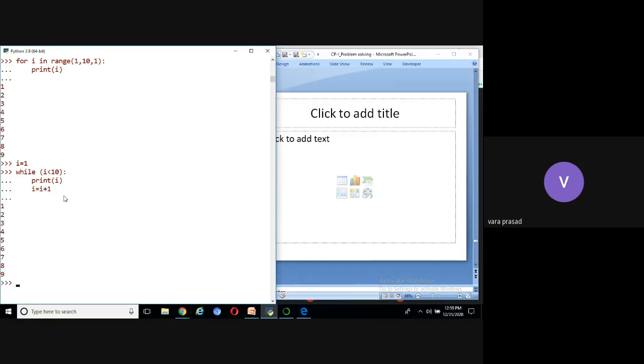Now you can see here, what is the output of this while loop? It displays the numbers from 1 to 10. Now the question is, using a while loop, how to display the numbers from 10 to 1?